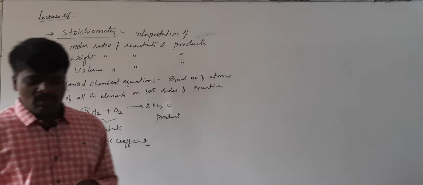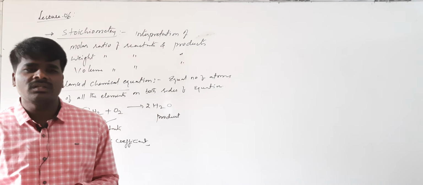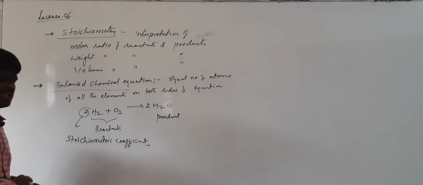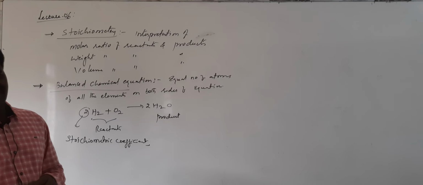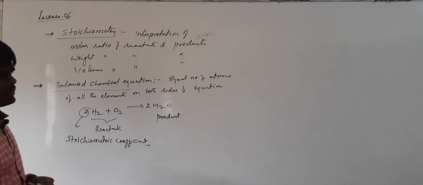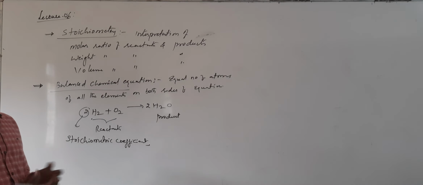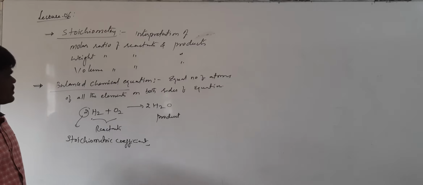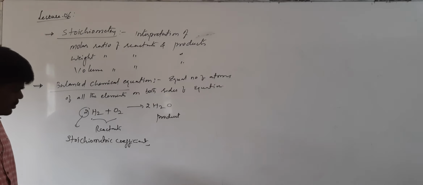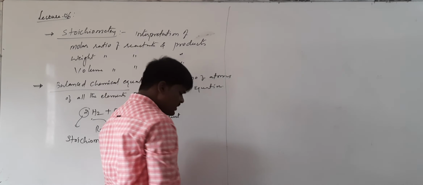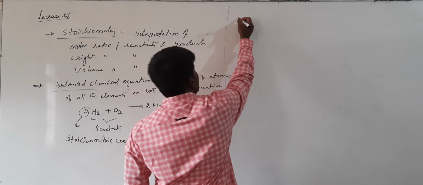Whenever you are dealing with a chemical equation in stoichiometry, you have to first balance the chemical equation for the interpretation of various relations, such as molar ratio, mass ratio, weight ratio, weight to volume, volume to weight, weight to moles, etc. Now before going for the discussion of stoichiometric equations, you should also understand another 2 terms. These 2 terms are very important. One is called the limiting reagent.